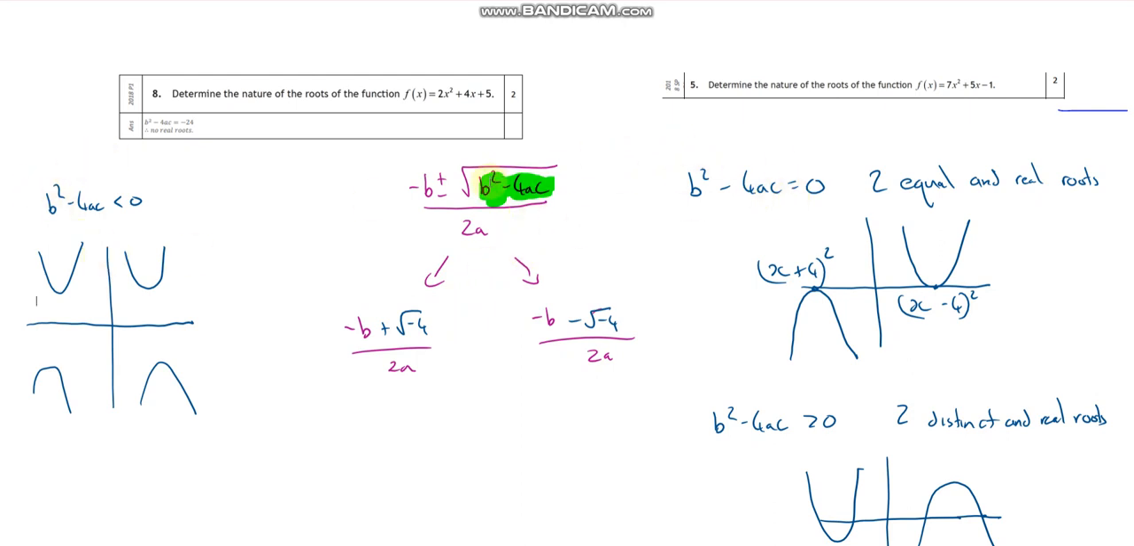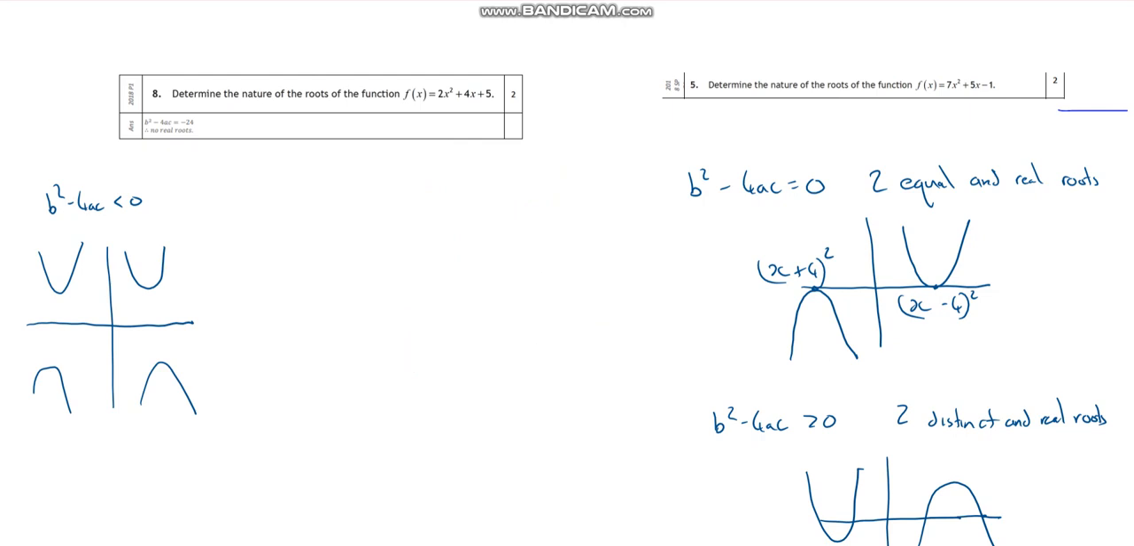If it's equal to 0, this formula comes out with two of the same answers, so it's two equal answers. And if I've got a number in there bigger than 0, I've got two roots. I'm going to have two different answers. So you can kind of tell yourself the story. But the point is, for each of these, you want to do b squared minus 4ac and then make a